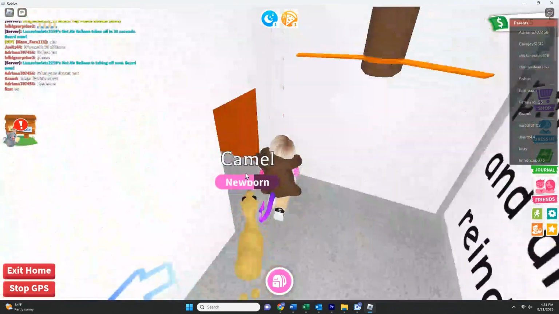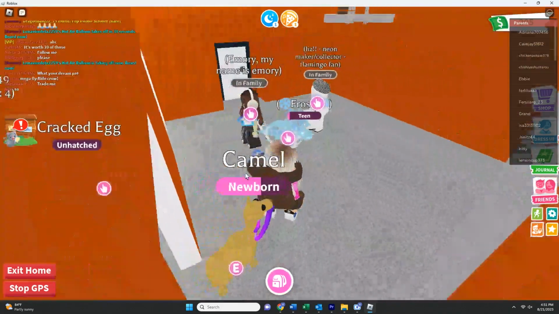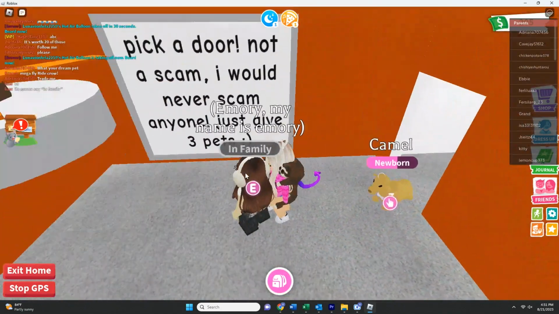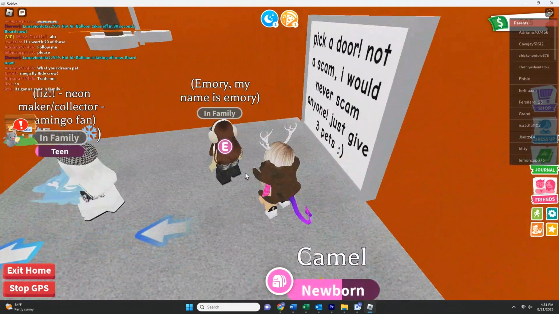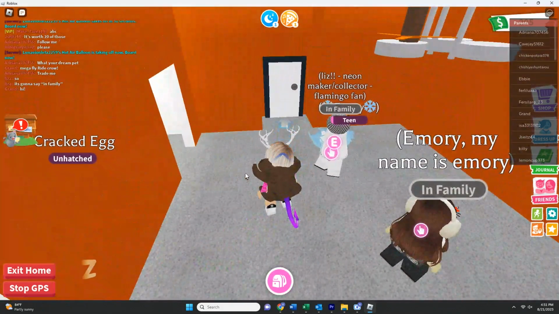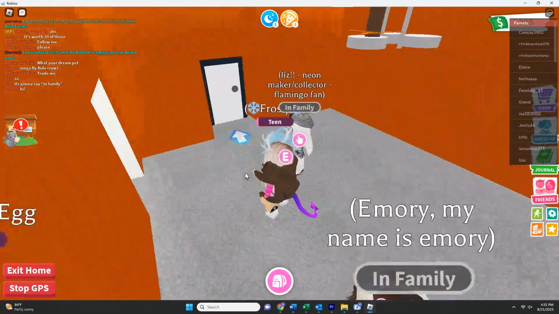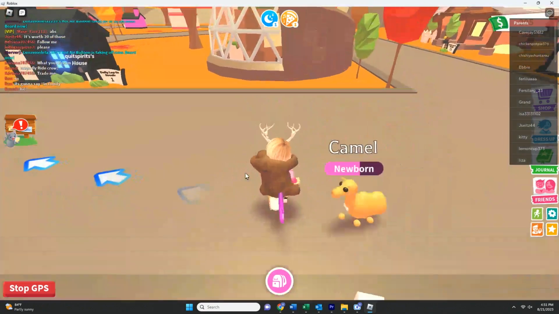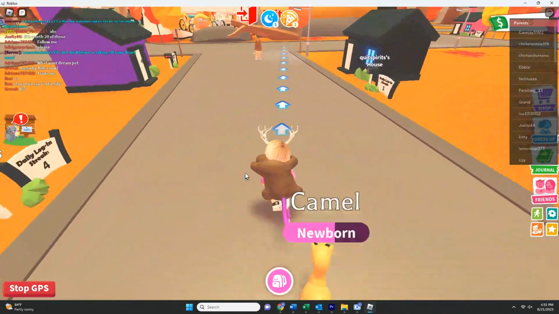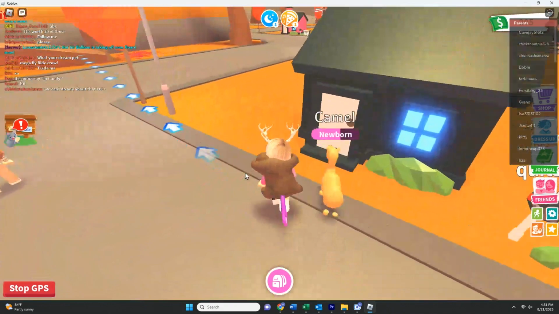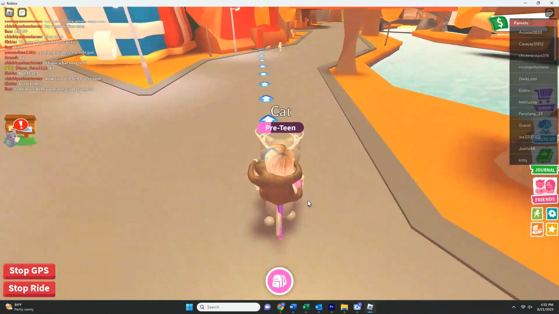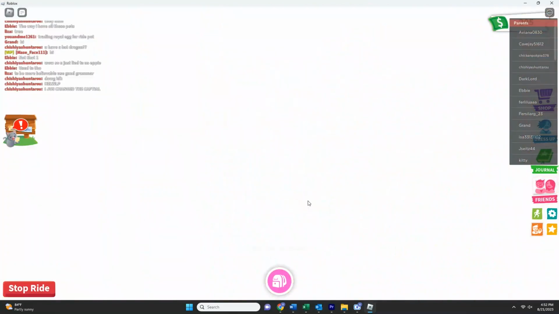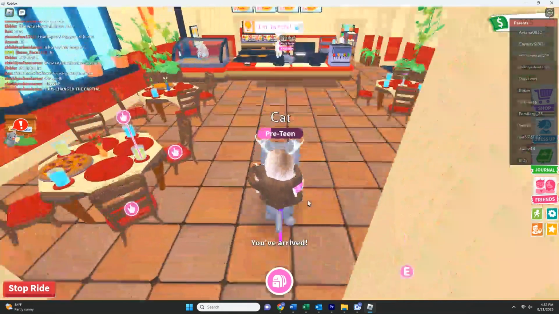Get an idea here in this house of where other words can be in the game that aren't just necessarily in the chat. You can put a sign in your house and then write what you want it to say. Now, this is talking about scams. I've heard in this game, they're just talking about people that offer to trade a pet that seems better than it really is, and then you get traded out of your pet. But that is what it is. It's nothing really bad, but you just get an idea that you can write things on a sign and put it in your house, and it's not always as regulated as perhaps the chat would be.